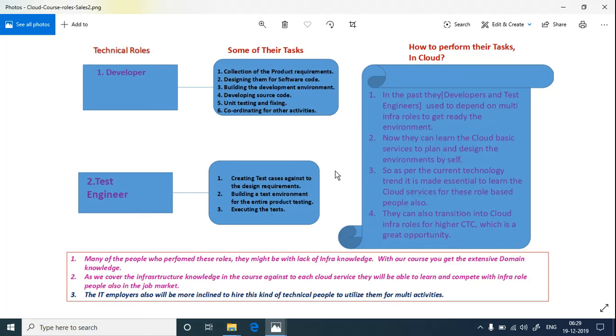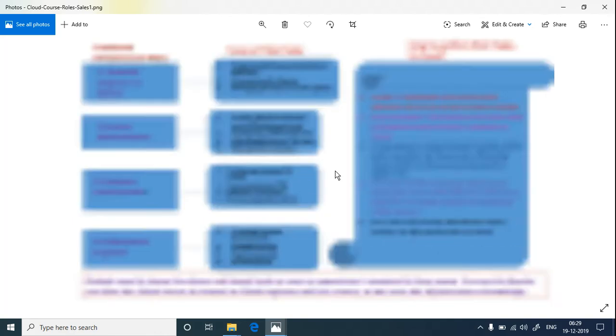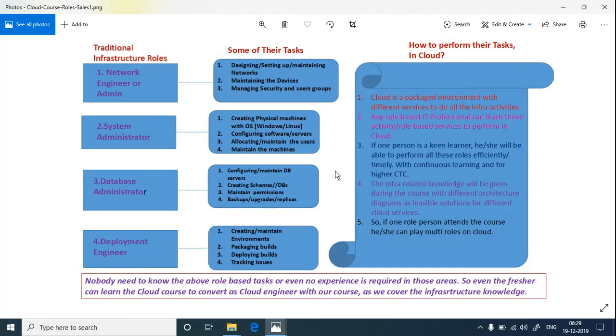Now, when all these role people learn cloud technology and convert into cloud areas, what are they supposed to do? They are supposed to learn all these role tasks in a live environment, how these are going to be executed. The same way, they need to map it to the cloud services with each role, and understand those roles' activities in cloud. So combinedly, one person will be performing as cloud engineer for all these activities or tasks.